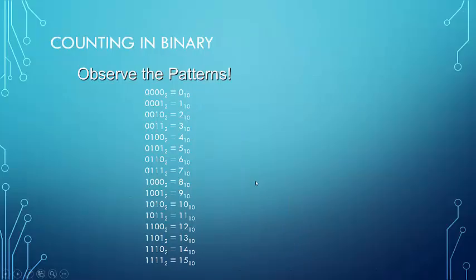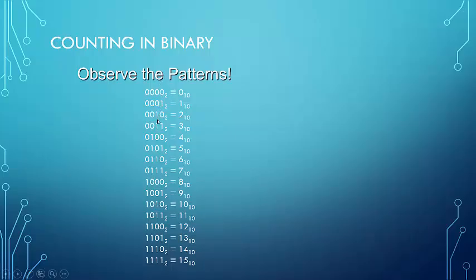Before we start looking at other number systems in more detail, let's observe some of the patterns when counting in binary. Notice that this rightmost column changes from 0 to 1 every other bit. Every 1 bit it changes from a 0 to a 1 and a 1 back to a 0. But the next column to the left